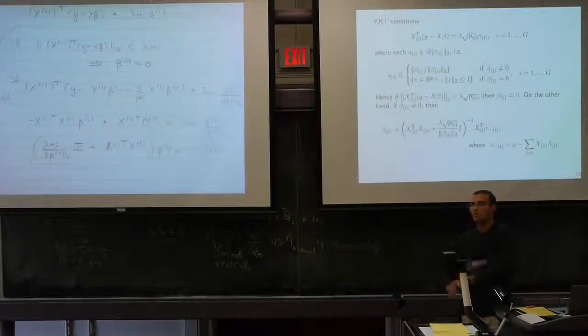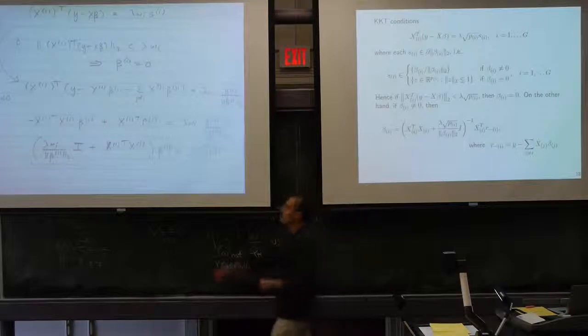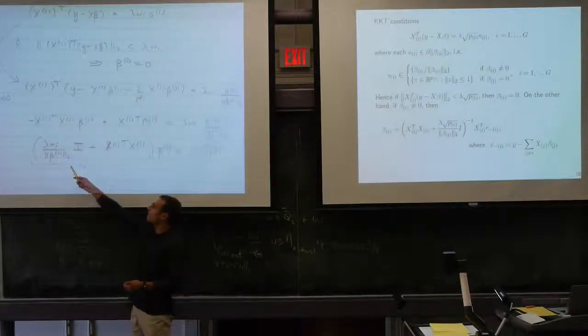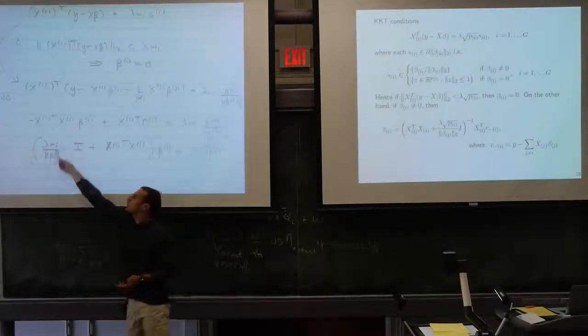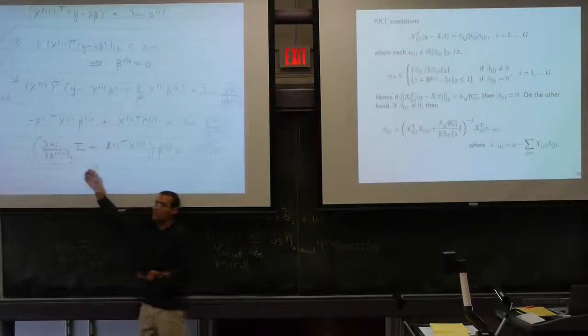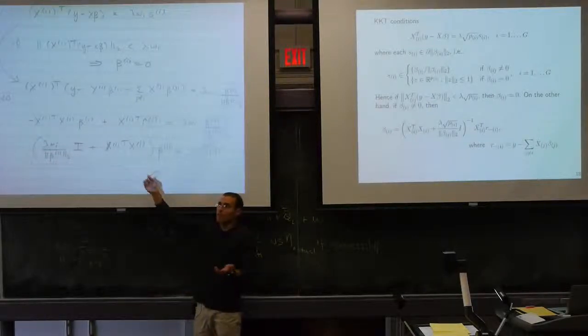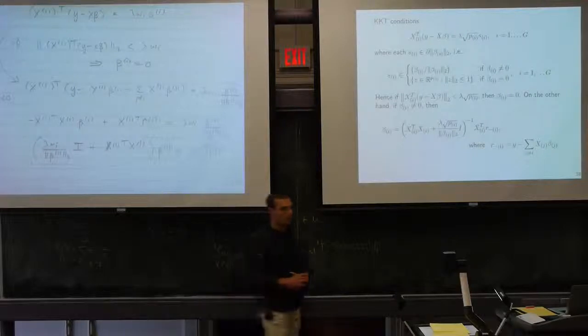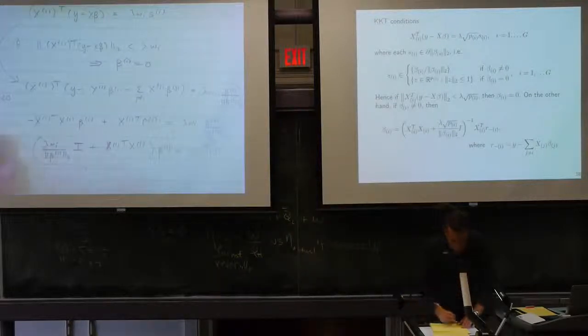Invertible. Why is it invertible? X transpose X is positive, it's symmetric, and then the first matrix is positive. Right. So this has, let's say, eigenvalues equal to this, and those are positive. And this has non-negative eigenvalues. So the whole thing has to have at least a positive smallest eigenvalue. So it's invertible. So I can write now, no matter if X was rank deficient or not, beta I equals